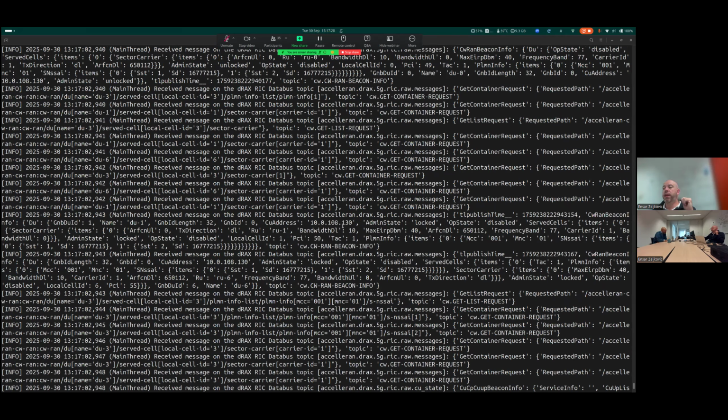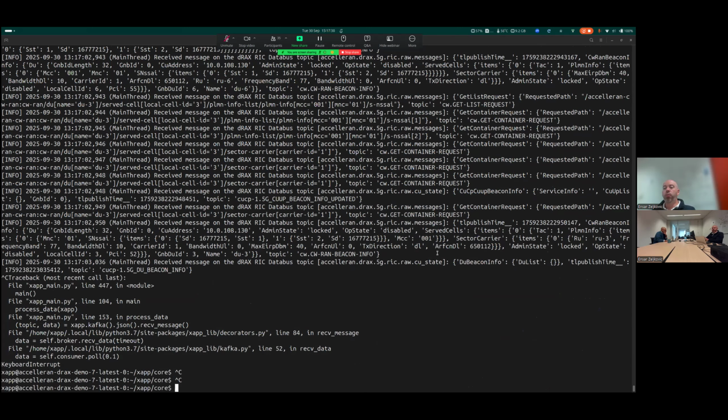As you can see, they are JSON encoded messages, so very easy to use in Python as well, because they get translated into Python dictionaries, so you can access the fields and values inside of those messages very easily. So as you can see, with just a couple of clicks, we deploy the xApp dev environment, we SSH into it, and we have a working xApp ready to go without needing to do any prerequirement or preparation work, right?